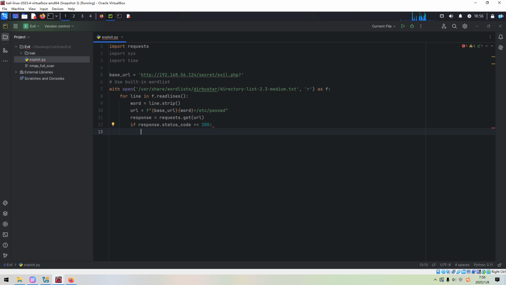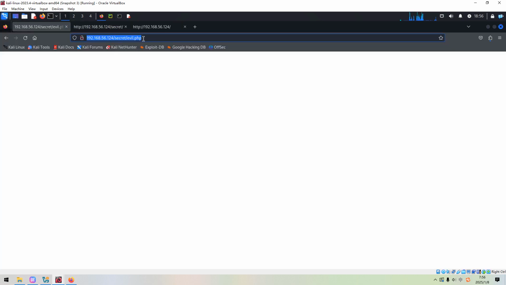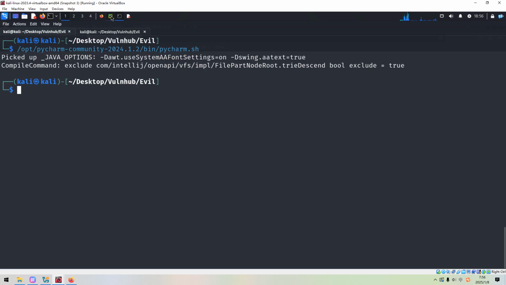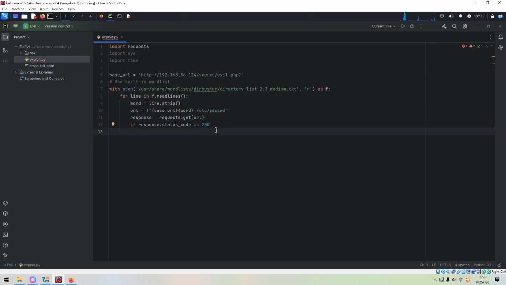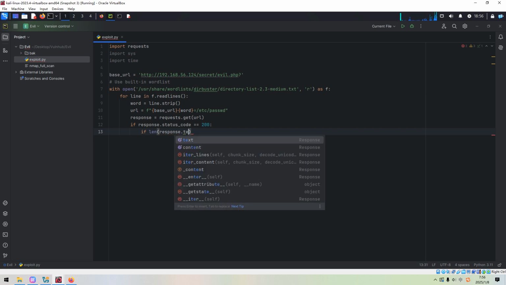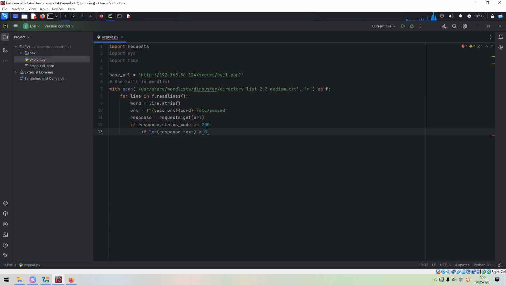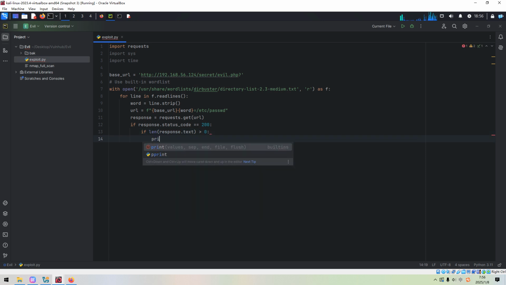However, even if the request is successful, if the content is blank or empty, this means the parameter is not correct. Okay, so how to do it? We can use another condition: if length of response text equals 0, it means that we can print out the